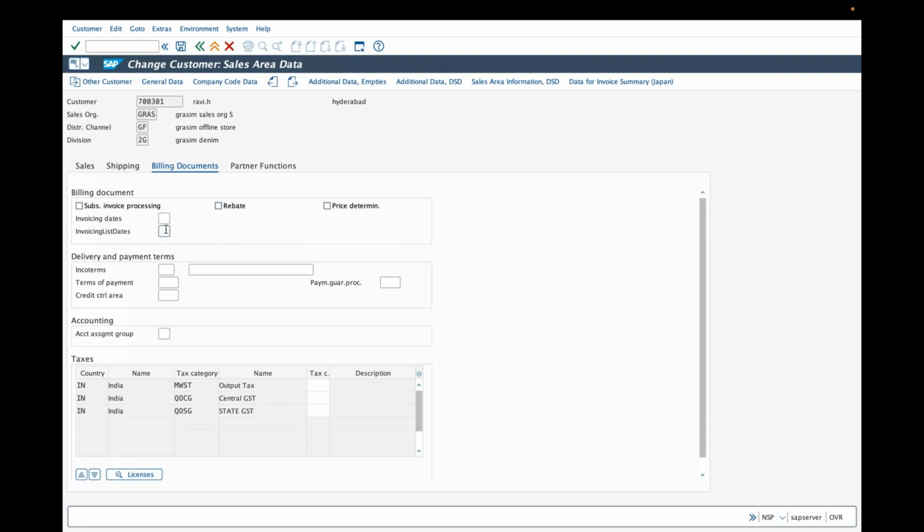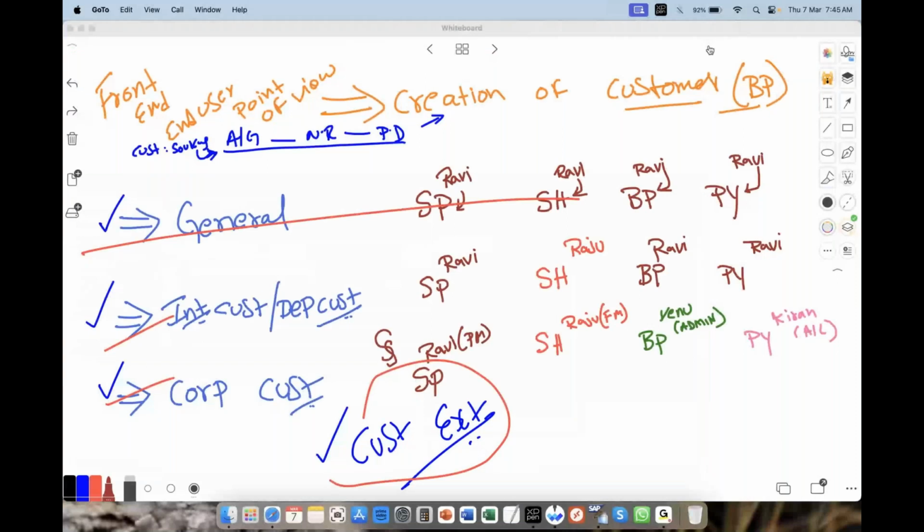Why? Simple example. On what working days the bill will be generated, on the same working days the bill can be claimed. What do you mean by this? On what working days the bill will be generated, the same working days the bill will be claimed. What do you mean by this? Now here, say